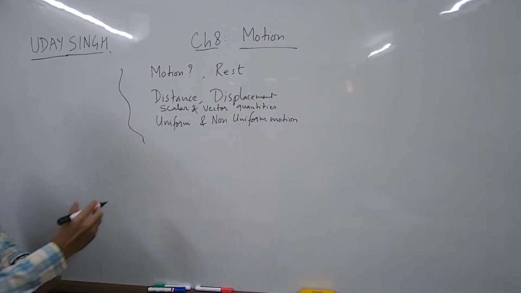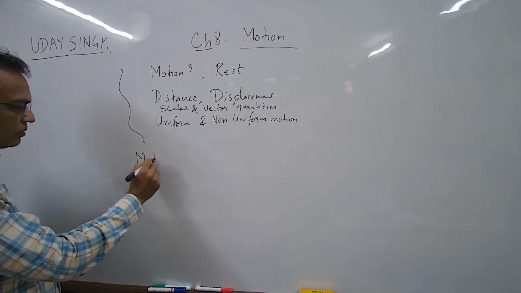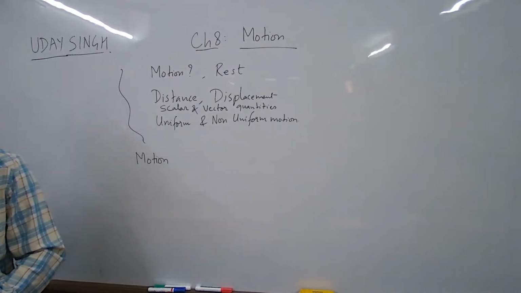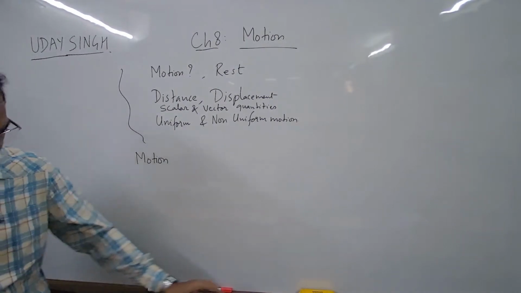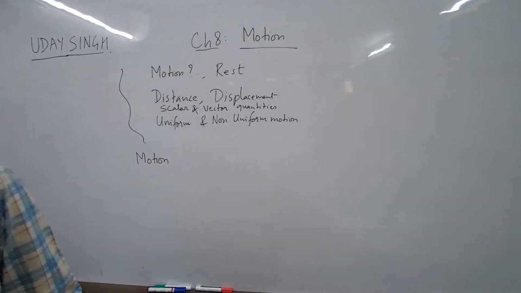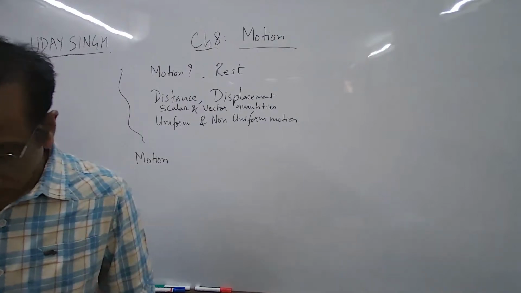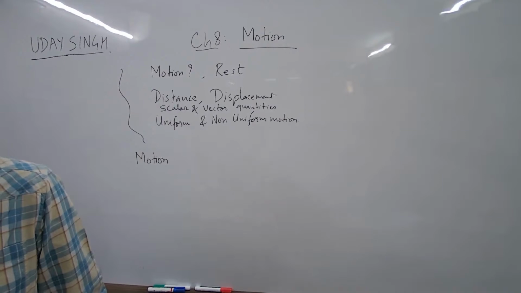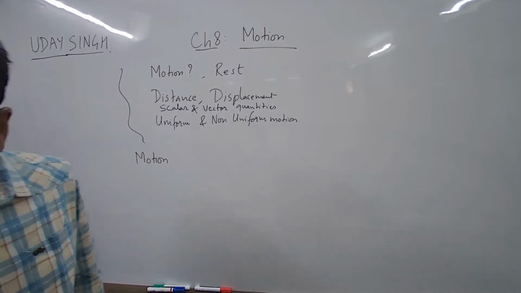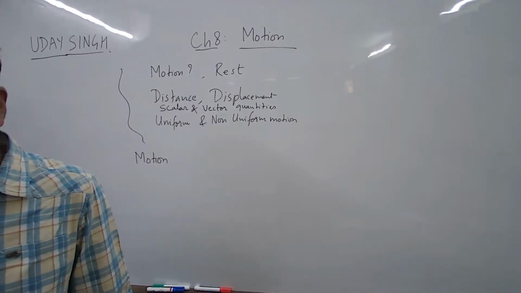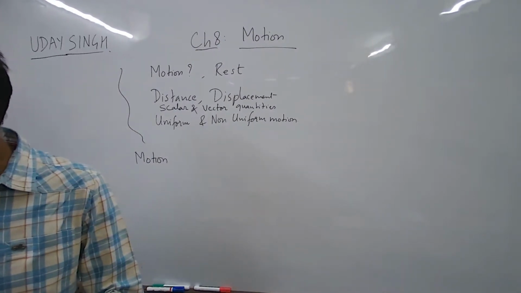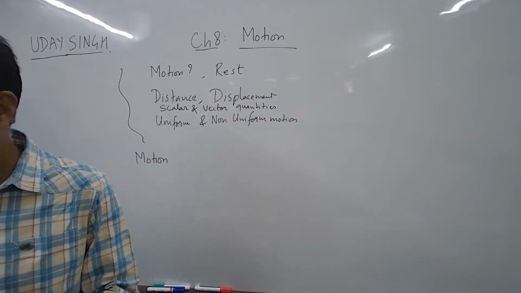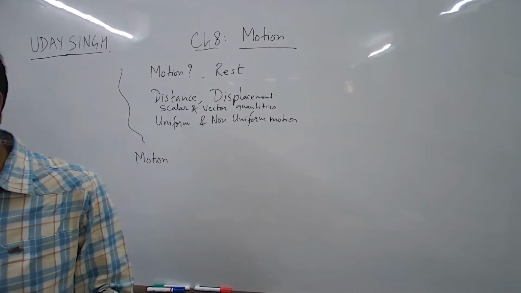So motion. Everybody is familiar with motion. Everybody knows motion. So what is a motion? How to define motion? Let's say this object is moving. What is happening to it? This is its initial position. It's in motion, then what is happening? It is reaching some final position. So how do you describe motion? Has it started in your schools?